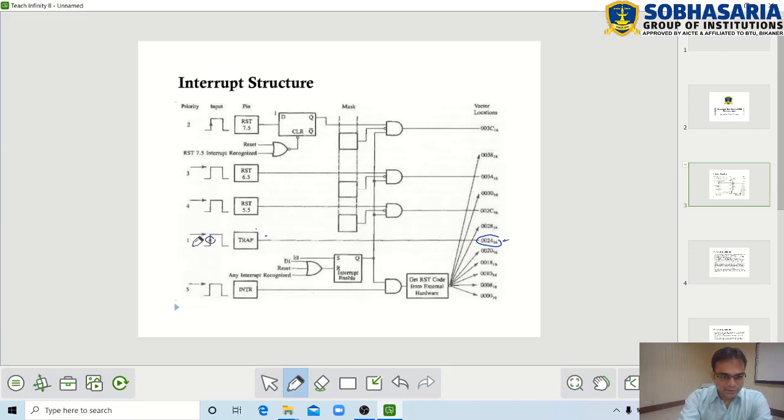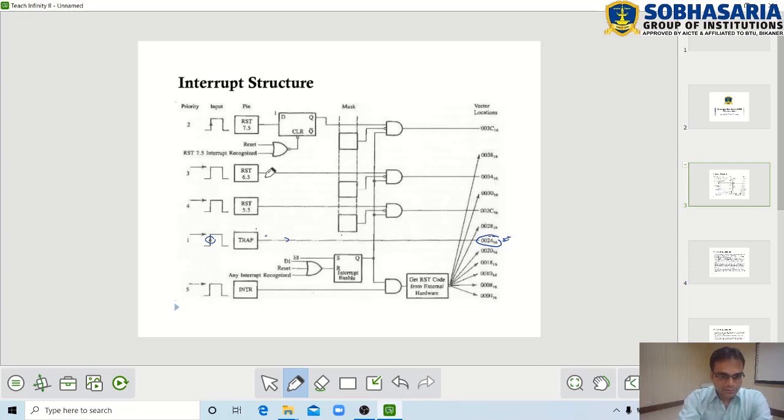Whenever any positive edge occurs on the trap pin of 8085, the trap interrupt is received and sensed by the CPU immediately, then it directly switches to the vector location, executes the ISR, and after executing it returns back to the interrupted location. It's quite simple to understand this architecture or execution of trap.